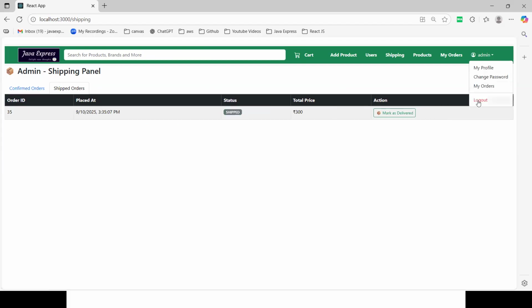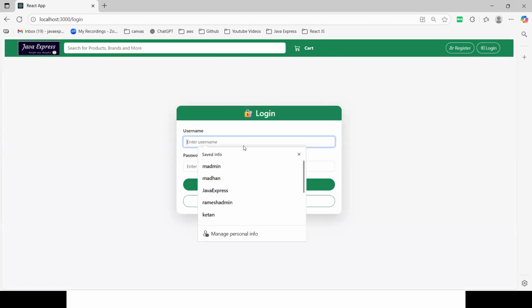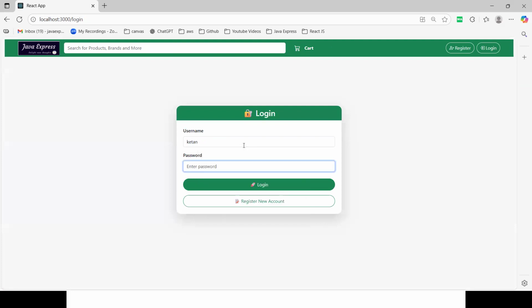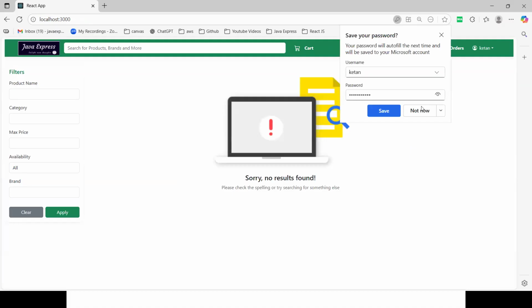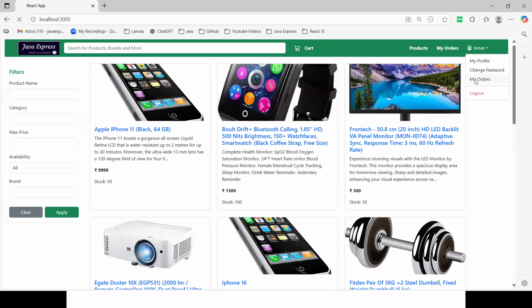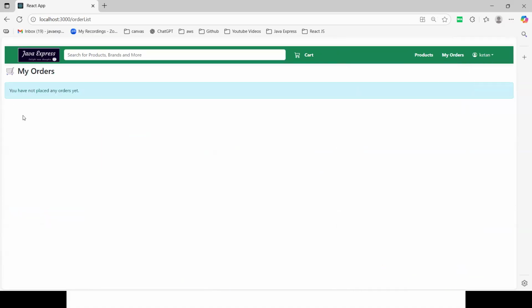Now, again, let me log out and log in as a user again. All these are backend APIs only. All are REST APIs only, guys. Login is successful. Now click on my orders. It is taking time to get the data from my backend.